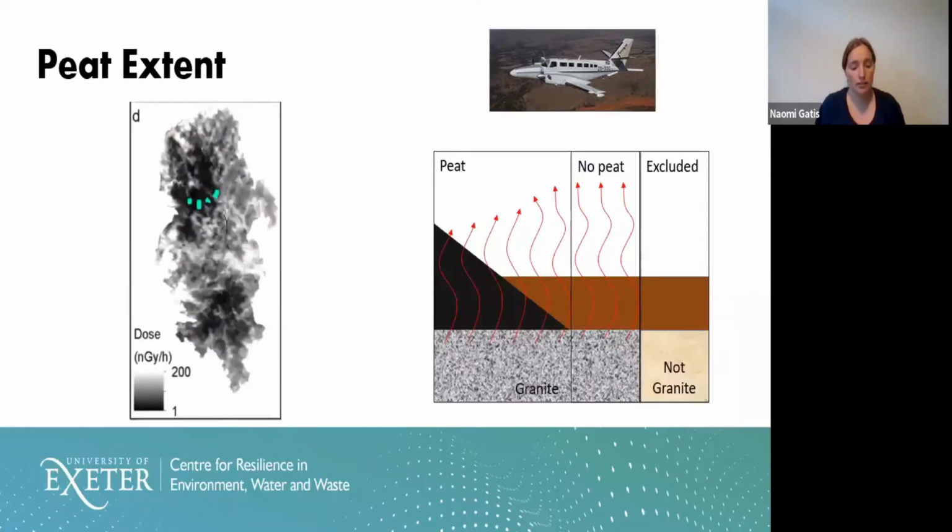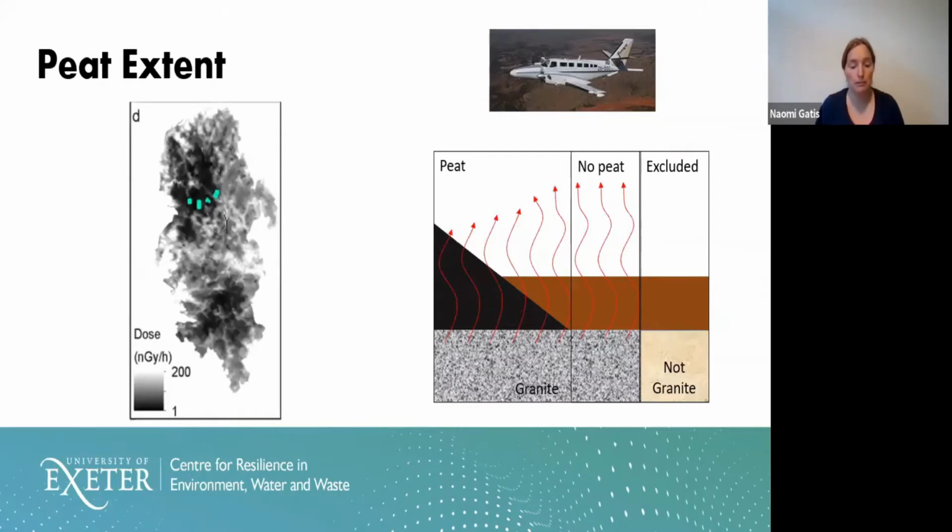One of these datasets was airborne gamma-ray spectrometric data. All bedrock materials, especially granite, emit radionuclides, here represented by the red arrows. Radiation emitted from the underlying bedrock is attenuated by overlying soils. The amount of attenuation is in part dependent on the thickness of the soil, porosity, saturation, and density. On the left, you can see the spatial distribution of radiometric dose across Dartmoor, with darker areas corresponding to areas